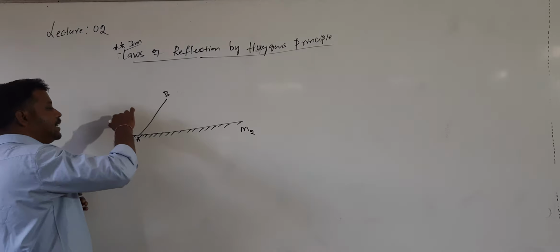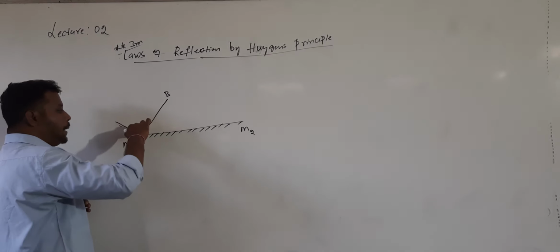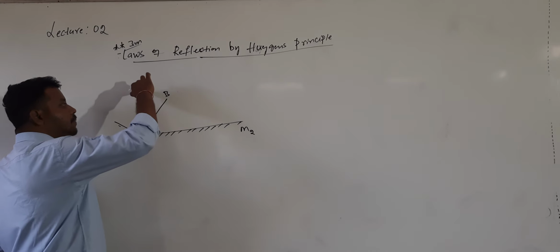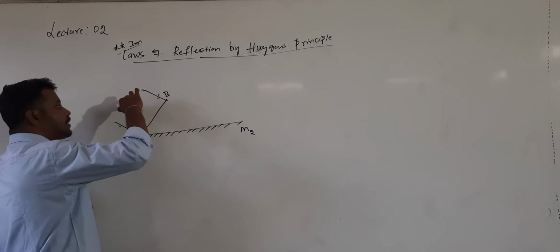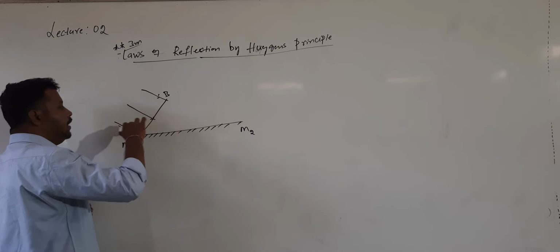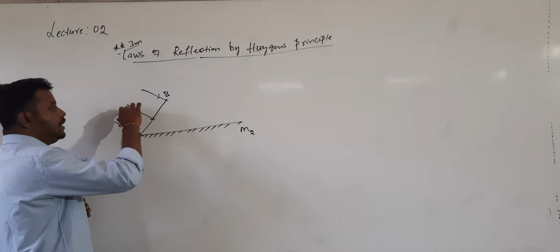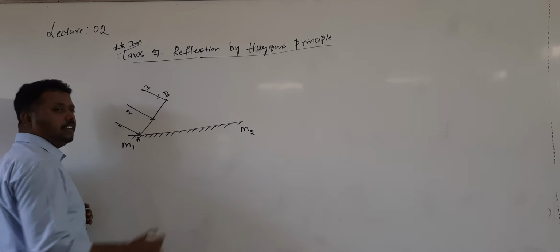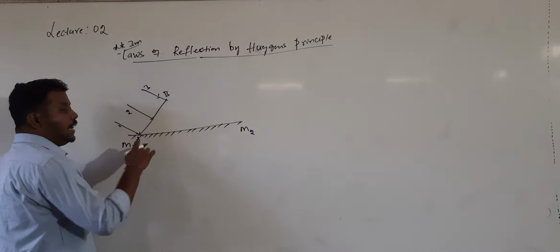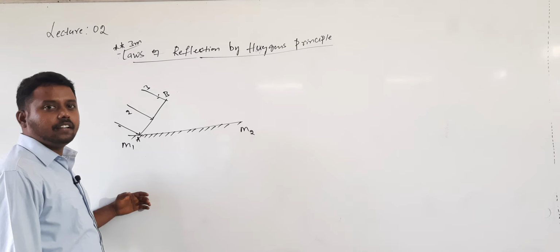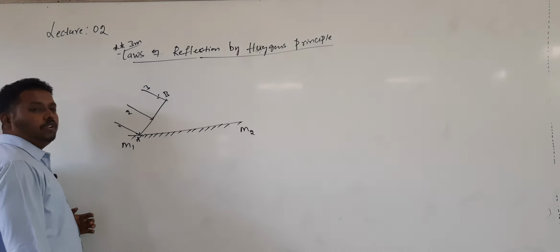Actually, do you know what the direction of the ray is? The rays will be perpendicular to the wavefront. If I consider here one ray, here one ray, and this is one ray, can I call this ray 1, this ray 2, and this ray 3? So we know that rays are perpendicular to the wavefront.